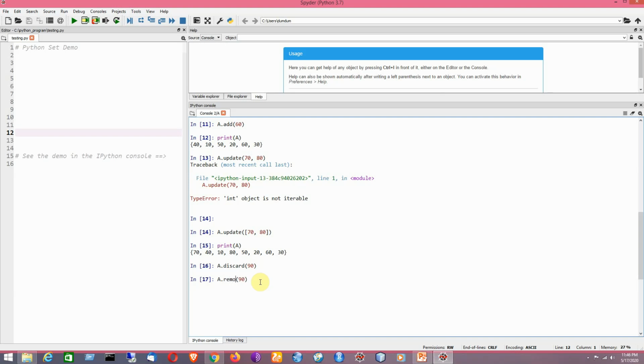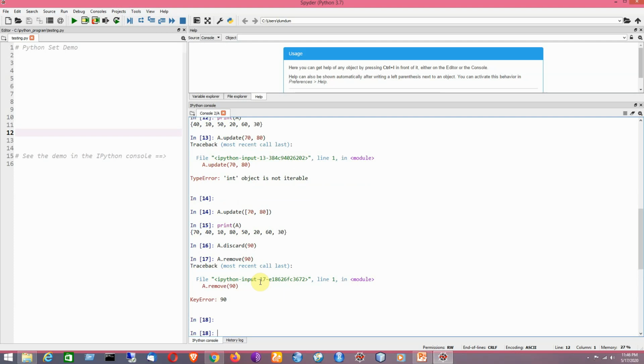Remove and discard, both of the methods are basically used for removing existing elements from a set. But here, if the particular element that is passed in as an argument to the function is not present, for discard it will not show anything, but for remove it will raise an error.